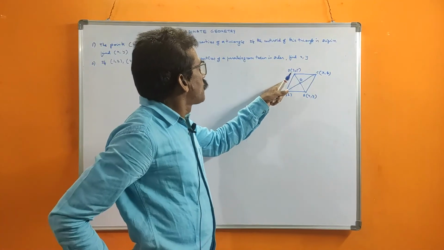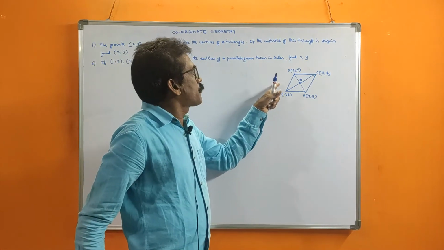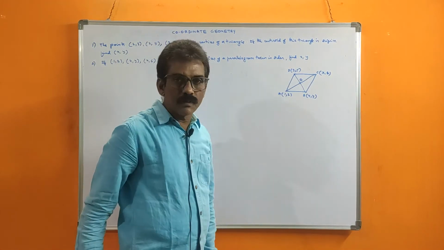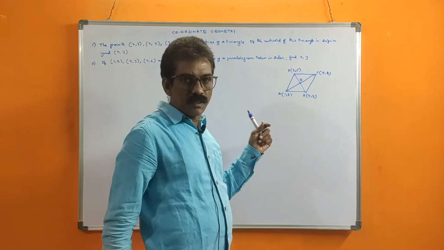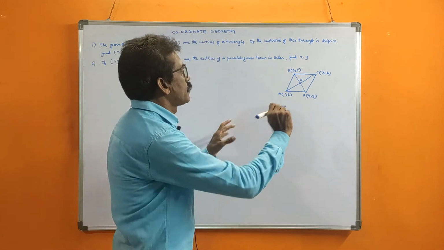In this case, a parallelogram is given, but instead of a parallelogram, in the exam you may be given a rhombus. Then the process does not change if you know this. Okay. Now,